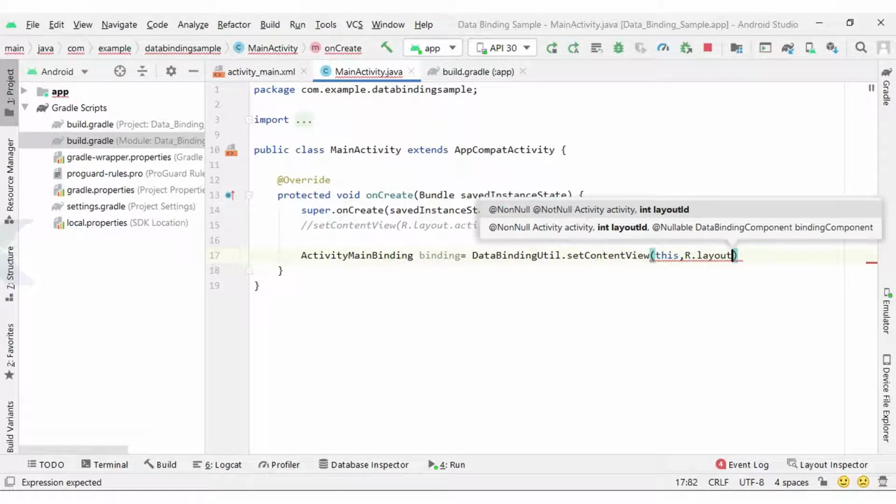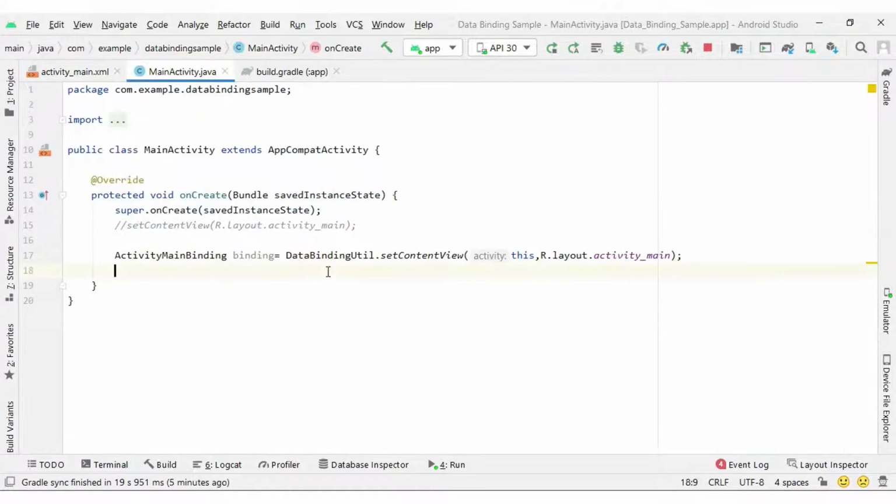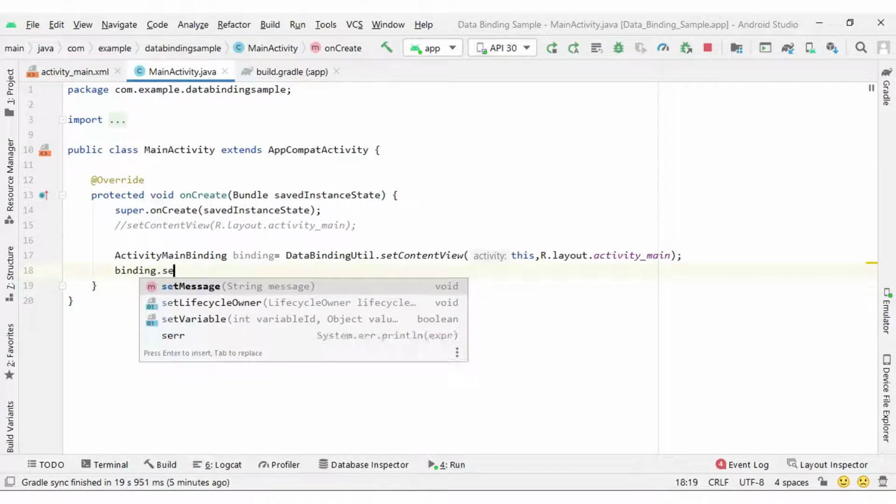That is our layout file which I am going to pass here. So the binding object is ready.